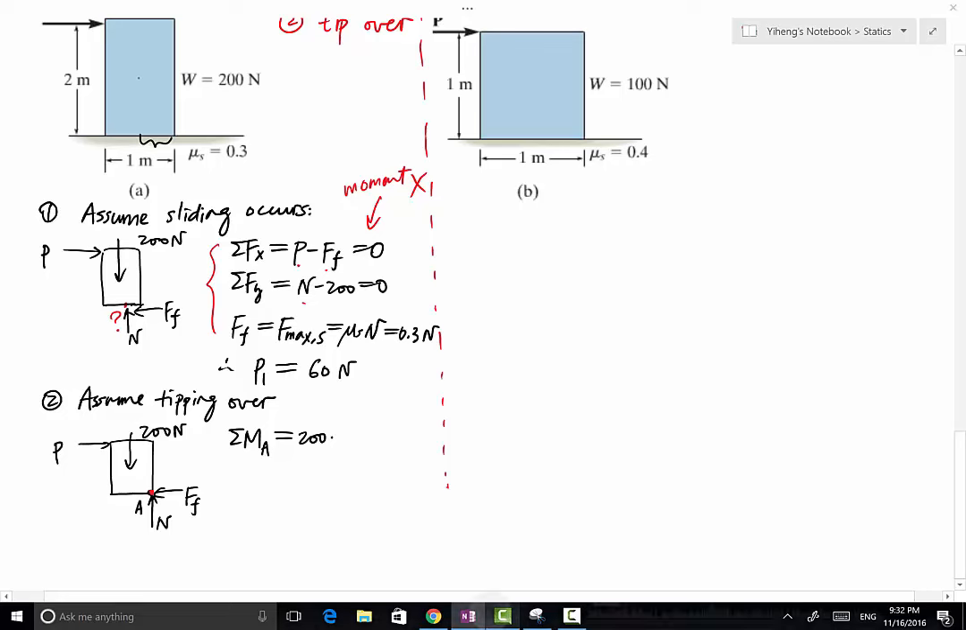The reason is that if this is a uniform block, then point G, the center of gravity, is right here. Therefore, 200 times 0.5 minus P times this distance, which is 2 meter, equals 0. From there, we can solve for P. This is P2 for the second situation, 50 Newton. So because P1 is bigger than P2, in other words, P2 is the smaller one,